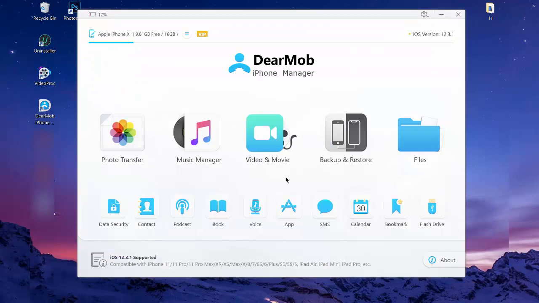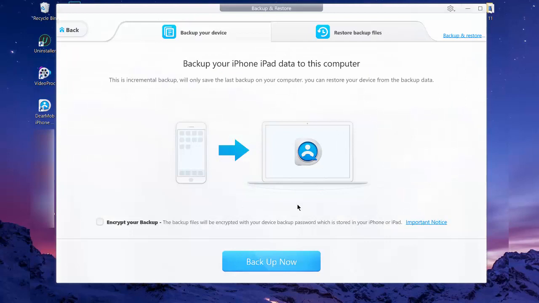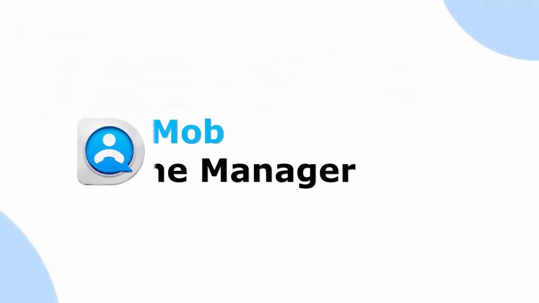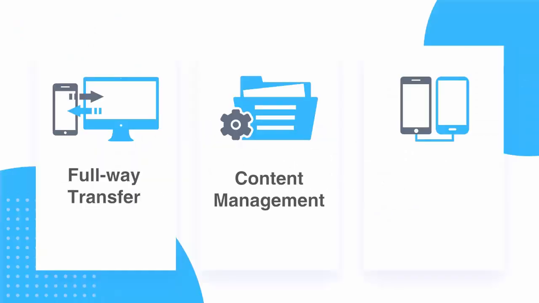You can also use DearMob to take a full encrypted backup of your iPhone and to restore it later, by selecting the Backup and Restore option in the welcome screen. Using this feature you can easily transfer photos, videos, music and more from your old iPhone to your new iPhone in just one click. Finally, DearMob is endowed with all the features in its arsenal to let you manage your